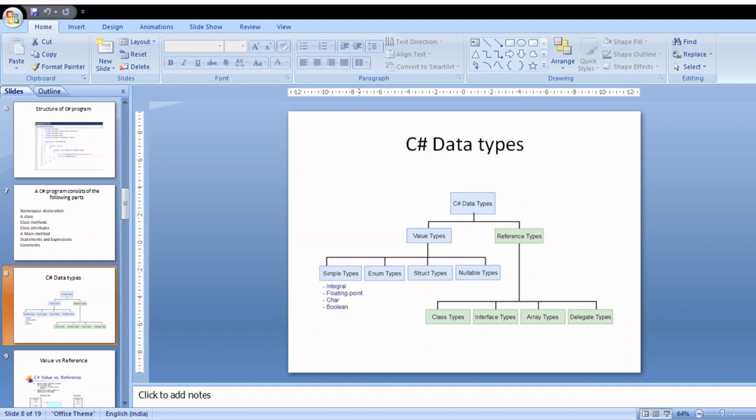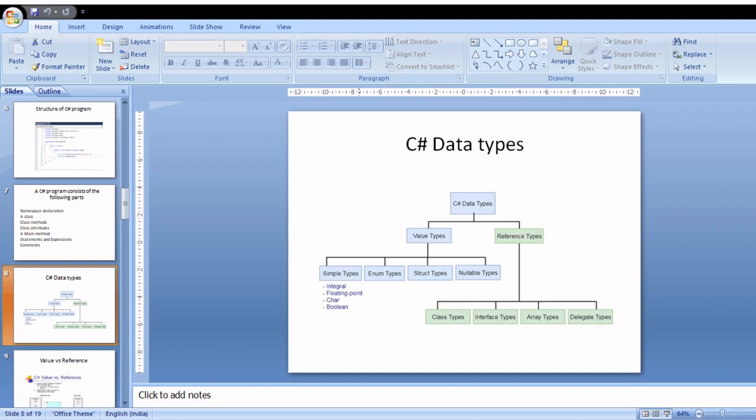All the value types, which are of fixed length, are stored on the stack, and when the value of a variable is assigned to another variable, the value is actually copied to that variable. This means that two identical copies of the value are available in memory, which are of fixed length.